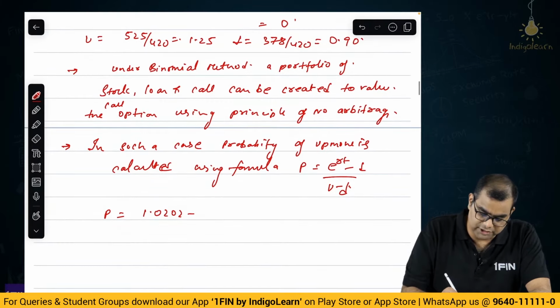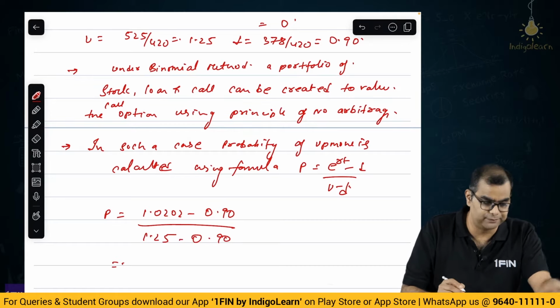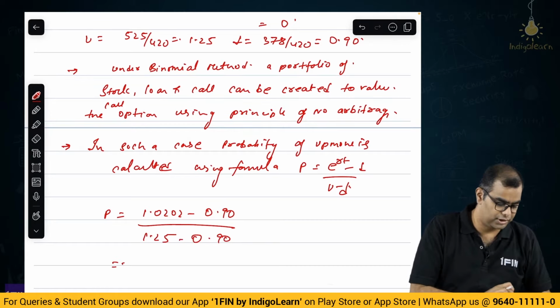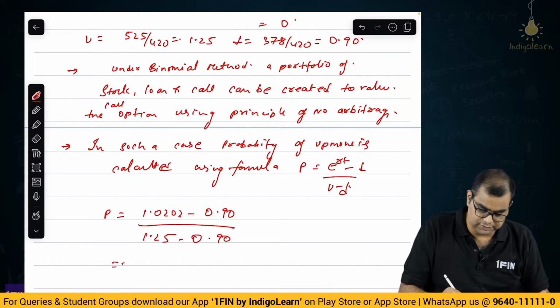P is equal to 1.0202 minus 0.90 divided by 1.25 minus 0.90. This will be 1.0202 minus 0.9 divided by 0.35, which is equal to